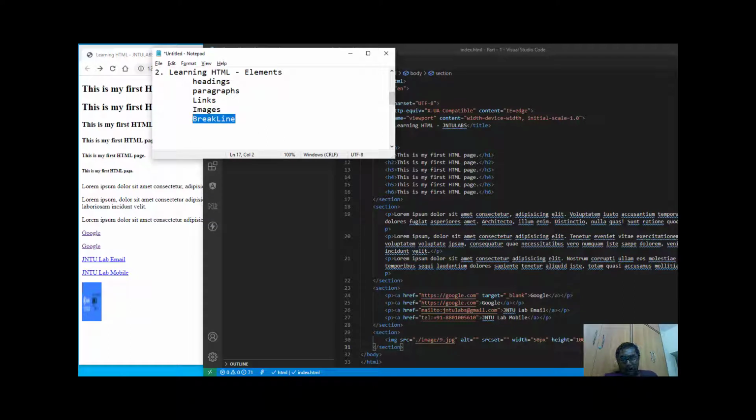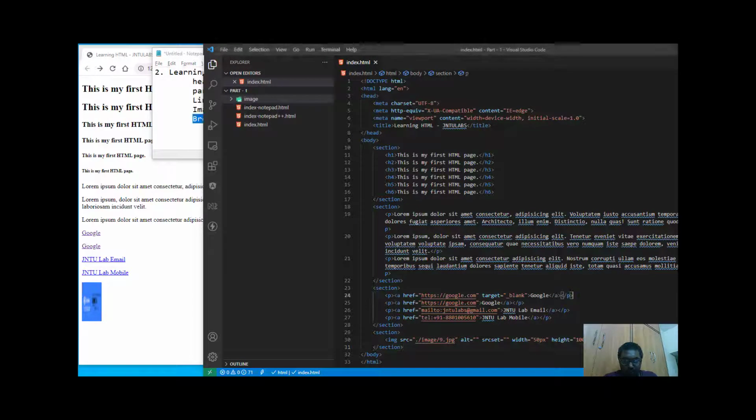If you want to add images to your website, then you can add this element img, and this is the break line. In this video we have seen these a links, and we have used p tags to break the line, right? So let me remove all these p tags, and let me show you break line, which will break your lines.